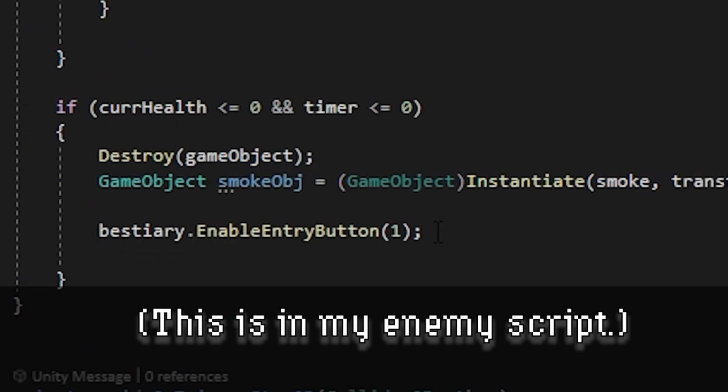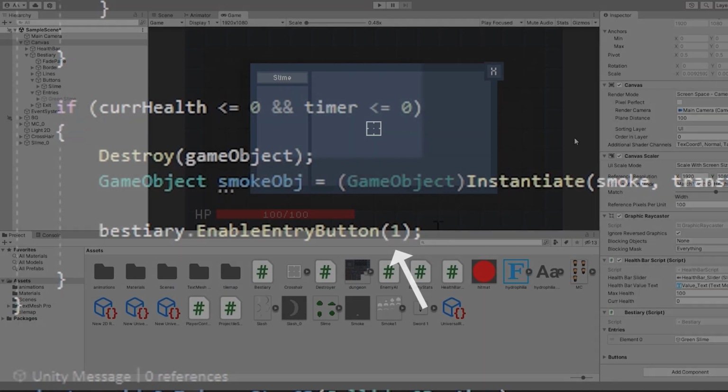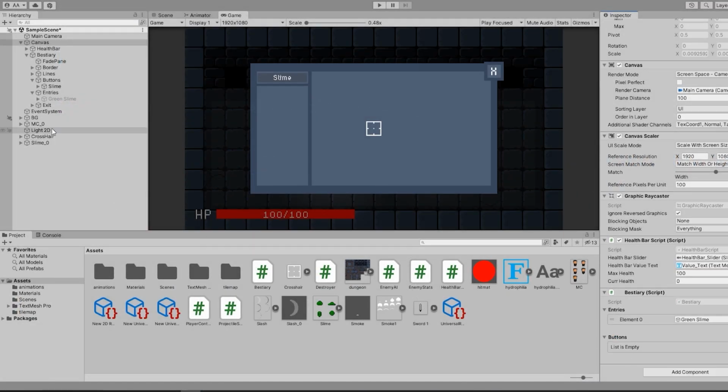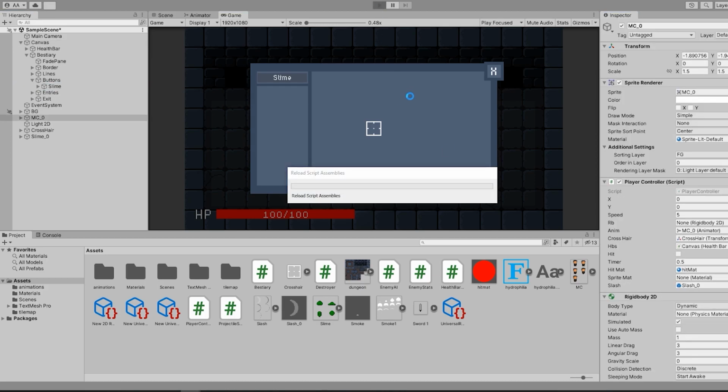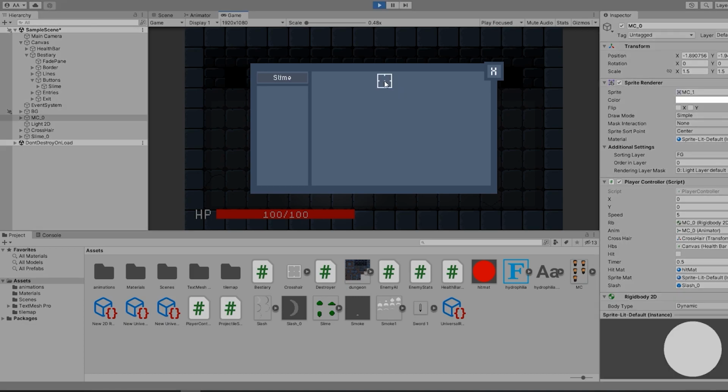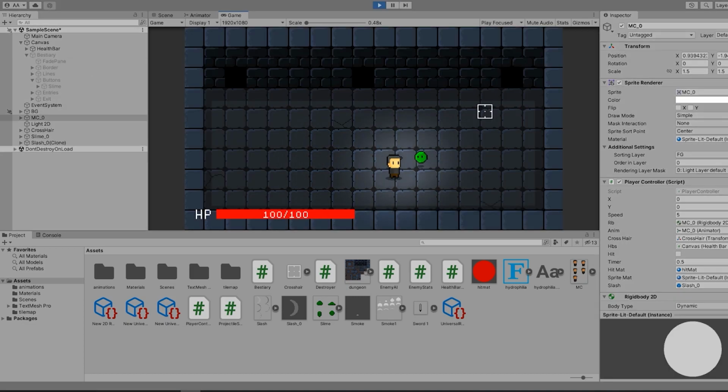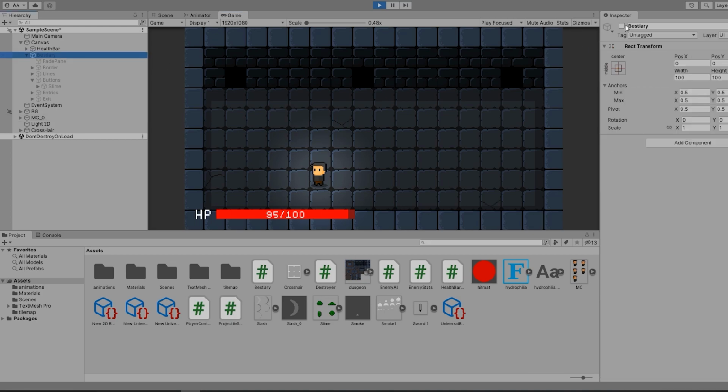Since the green slime is going to be the first entry in my buttons array, I put a 1 in the brackets. Back in Unity, I drag and drop my green slime button into the buttons array of our bestiary script. Now, when I hit play, you can see my slime button is non-interactable, and when I kill the green slime, it turns interactable and I can now click it. This is a very good start for a bestiary,